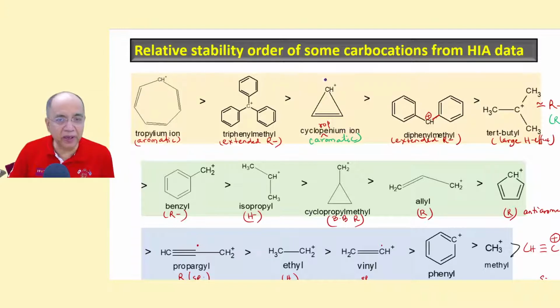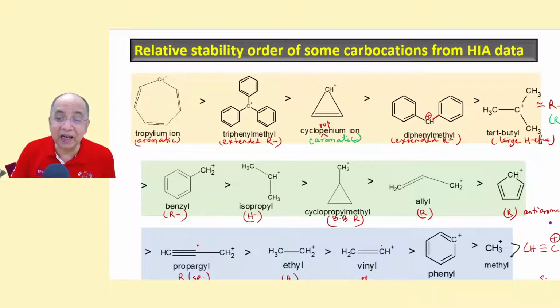This is tropylium, triphenyl methyl, then aromatic cyclopropenium, this is diphenyl methyl, this is tert-butyl, which is same as acyl. Then comes benzyl, then isopropyl, 2-degree alkyl, then cyclopropyl methyl, then allyl, then